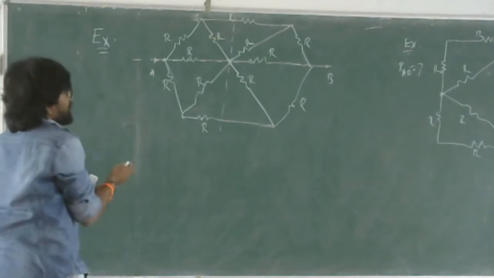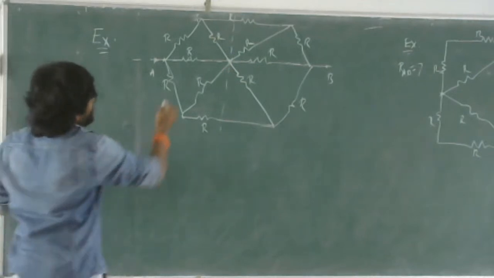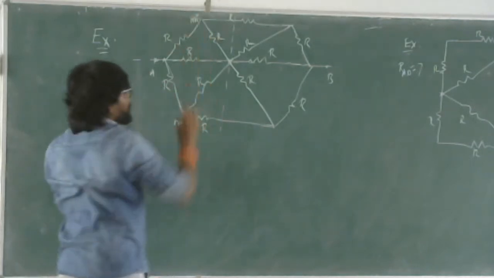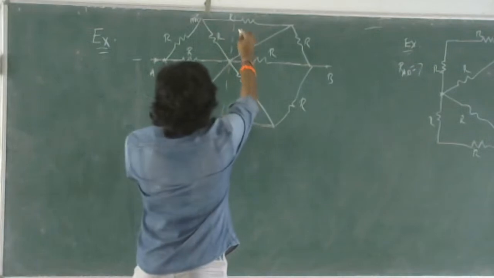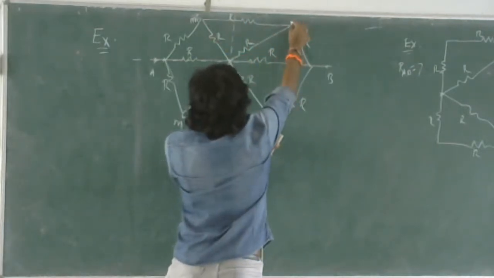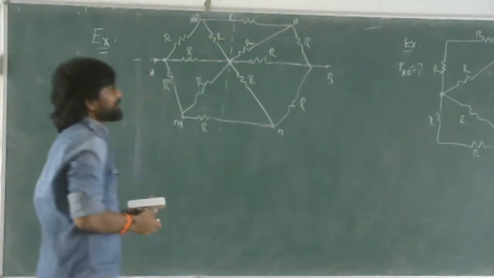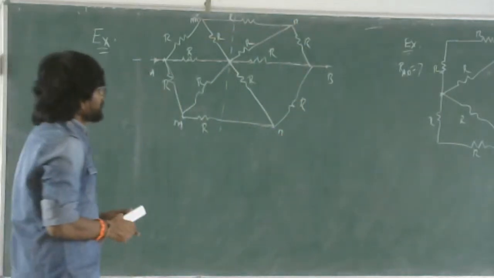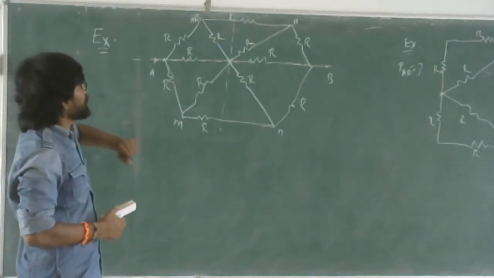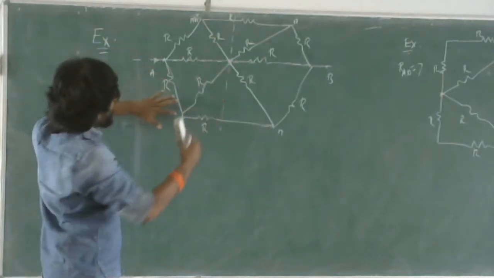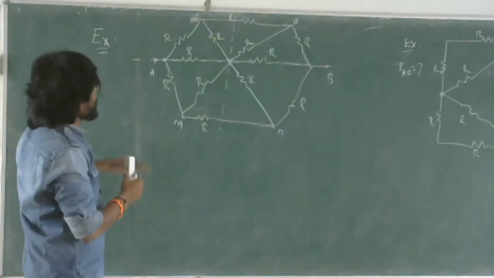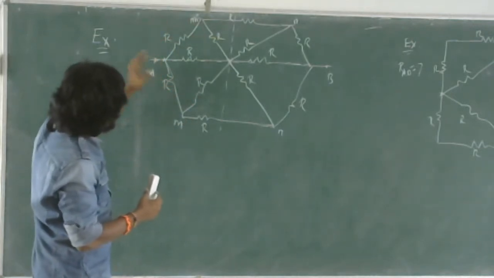So the resistance symbol is R. This is M, this is M, both are having the same potential. Then if you come somewhere here, here we have one resistor, like this junction, this is M, this is N, this is M. Do you understand? Now, the next step is you have to fold these so that this and this will have the same potential. Are you following this? This and this will have the same potential, which means this resistor is between A and M,